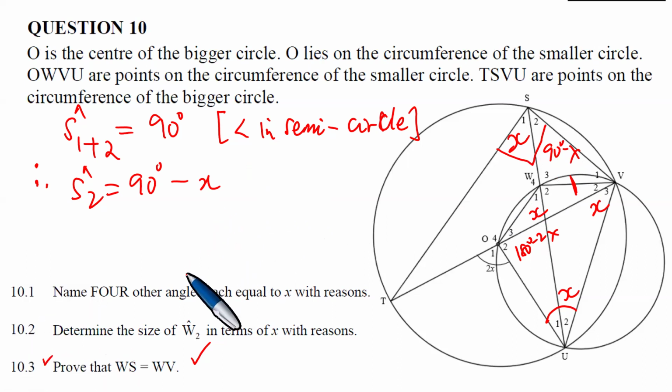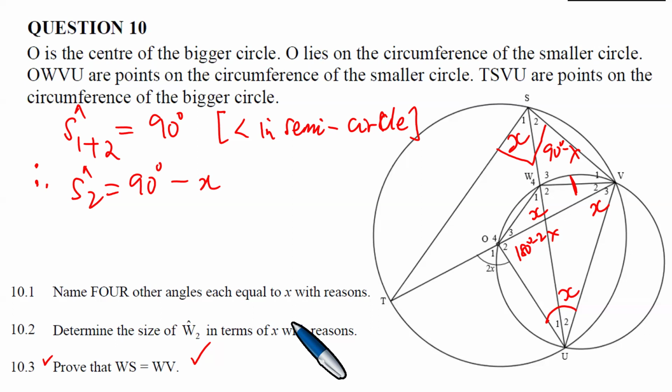Oh, so I think I'm seeing something. You think you're seeing something? Yes, sir. Please give me just 2 seconds. All right, Tando. Okay, sir. So you said S2 is 90 degrees minus X, sir. So what I did, sir, I said